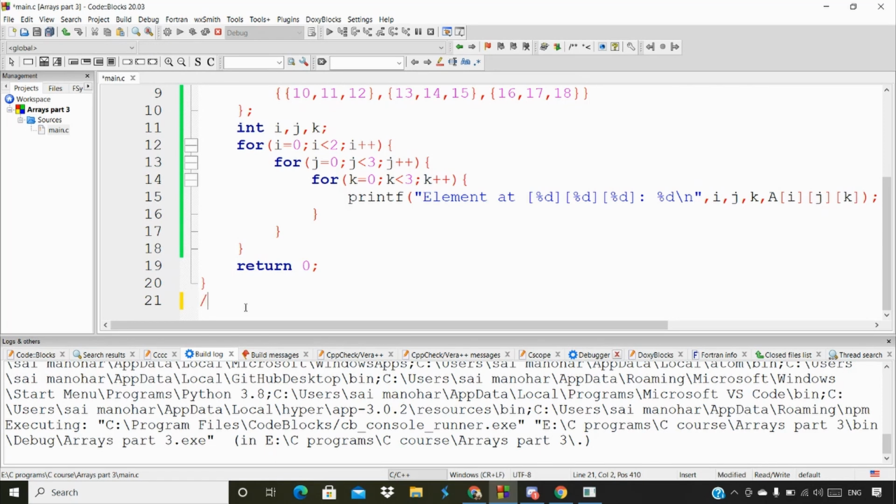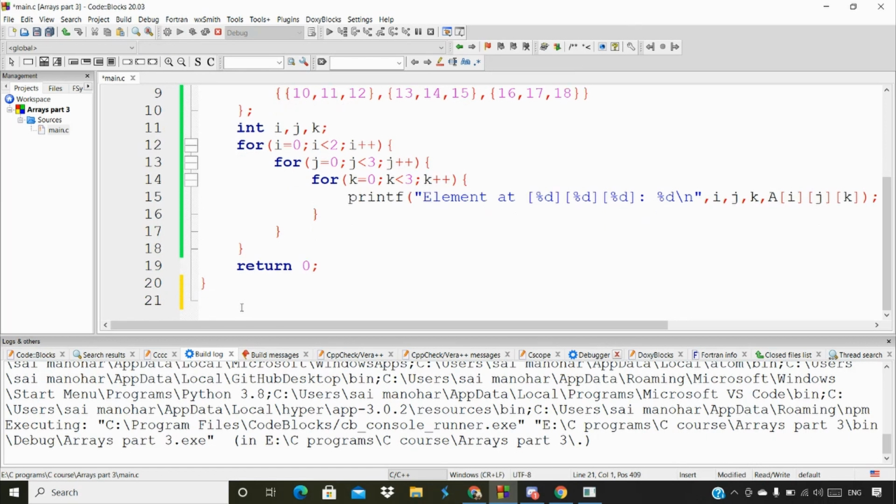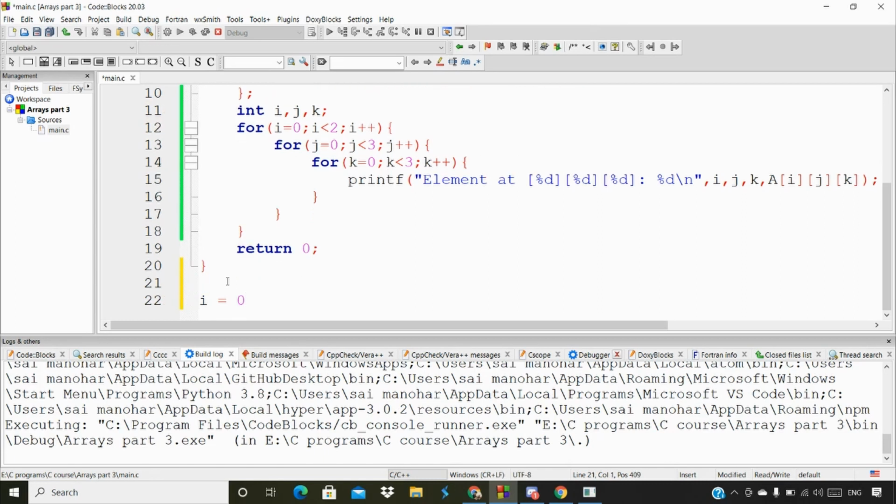Let me comment it out first, but before commenting out, let's see what happens without commenting out, because the color is going to change. So here we have 0.